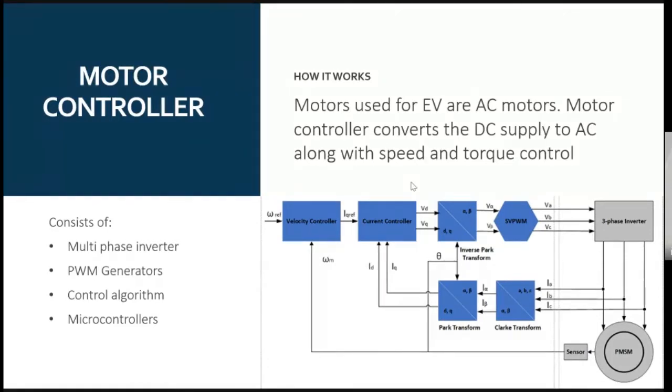It will control current using different transforms, Park and Clarke and inverse transforms, and there will be space vector PWM. We can see that all things shown in blue color should be implemented using a microcontroller. That means the velocity controller, which may be a PI controller, and the current controller, which may be a PI controller or